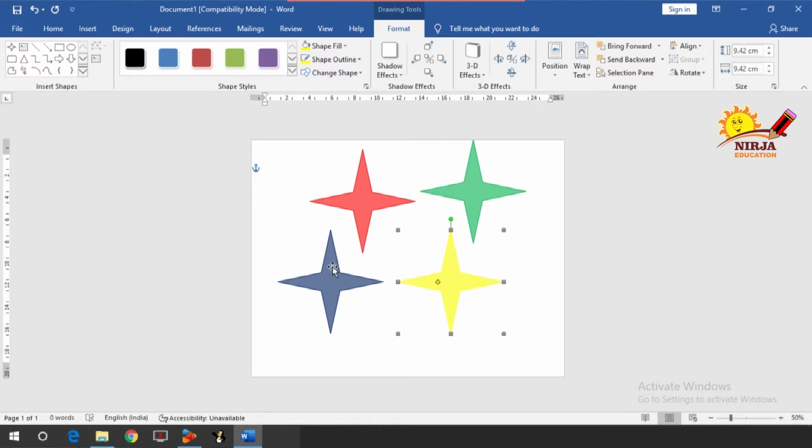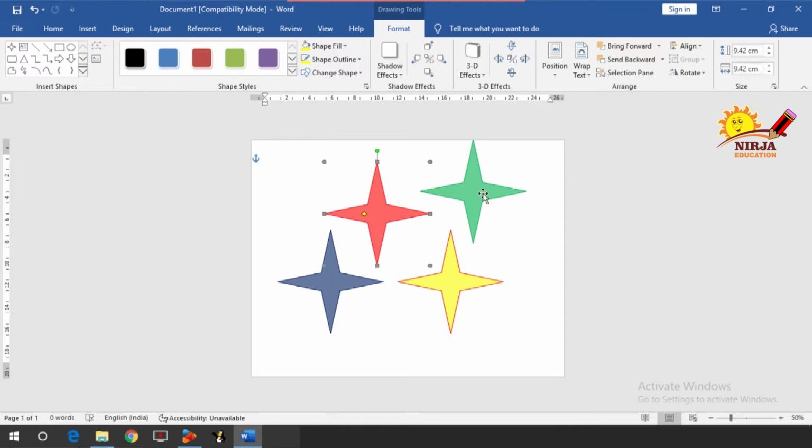Now we are going to place these stars over each other. So let's do that. On the red star, I am going to place the green star. First I will place it over here and then, as you can see, the green button, I will click on that and drag it like this, right?